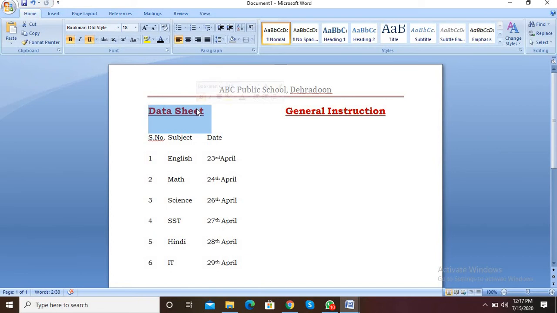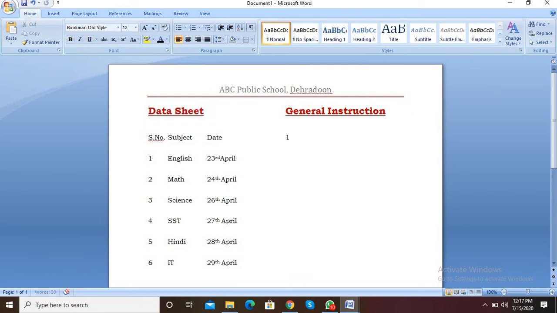So first select that data, click on format painter, and just select the data you want to format and leave it. When you select format painter, the brush sign will appear with your mouse I-beam, which means the format painter option is selected. Okay, next thing, after that click enter.